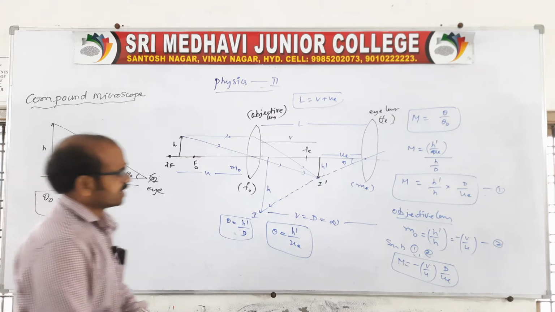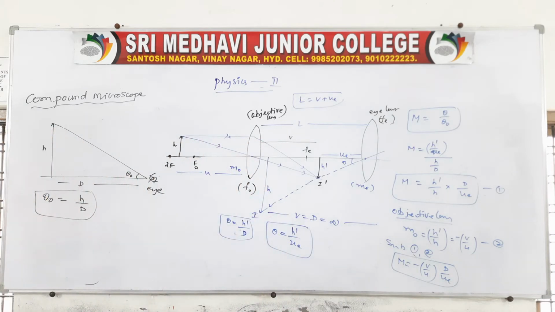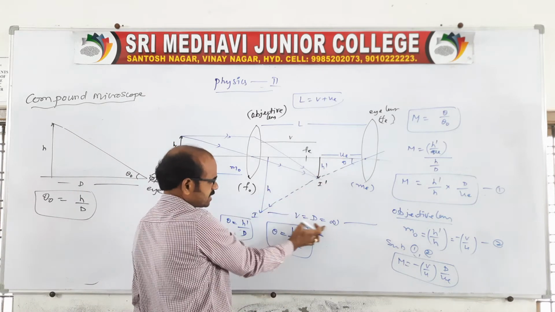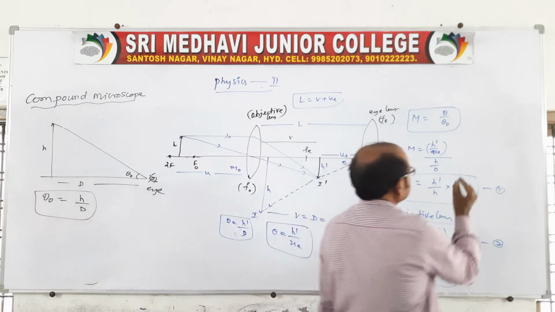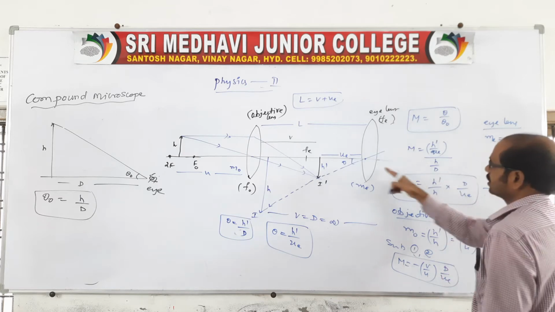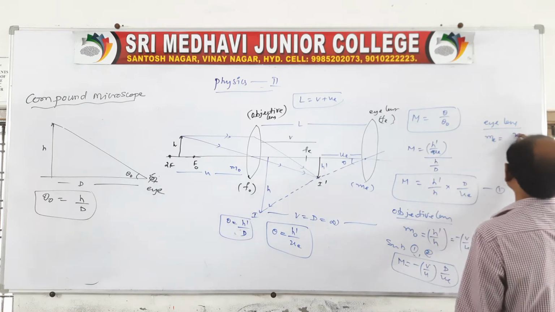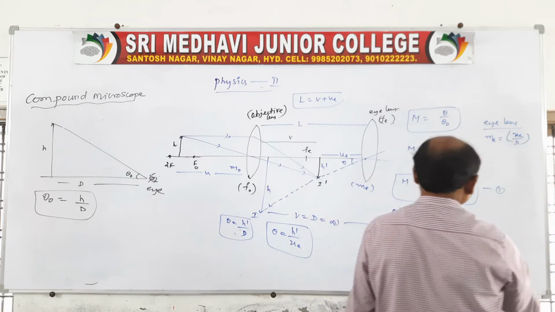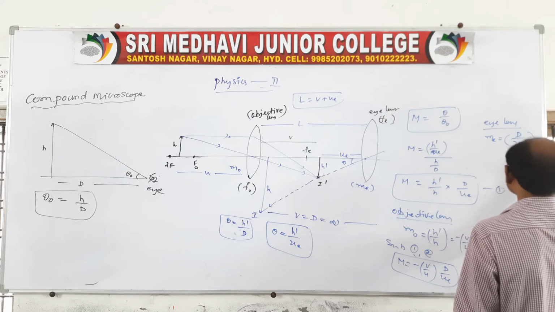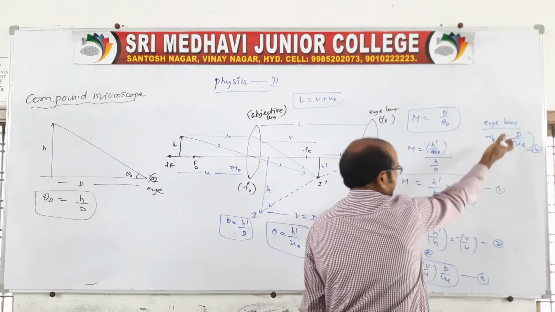And in the same way, let us use this magnification also, because there is an eye lens magnification, no? By using the eye lens magnification, here is the object distance and here is the image distance. So the magnification for the eye lens, you write here, eye lens magnification, ME is equal to, the object distance is UE and the image distance is like this, so D by UE. I am sorry, it is image distance D by UE. You take this as expression 3 and this as expression 4.